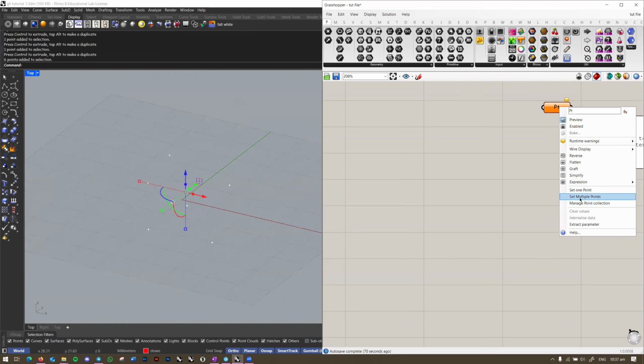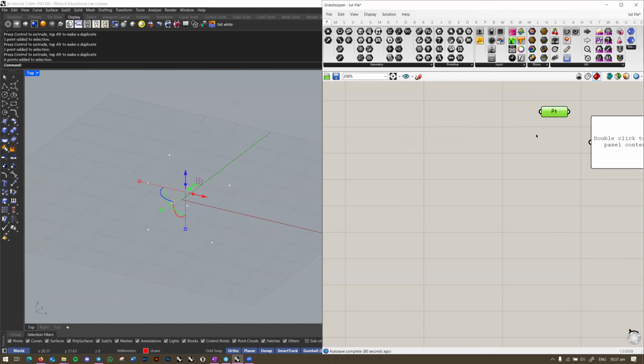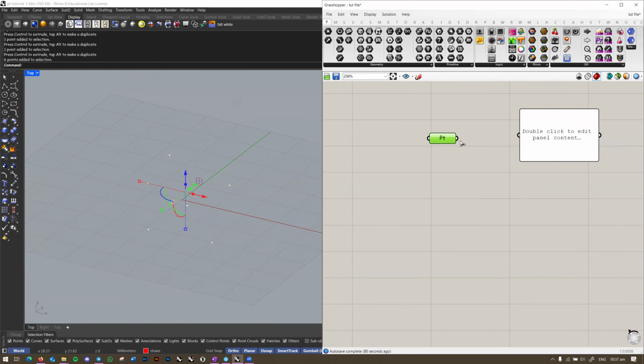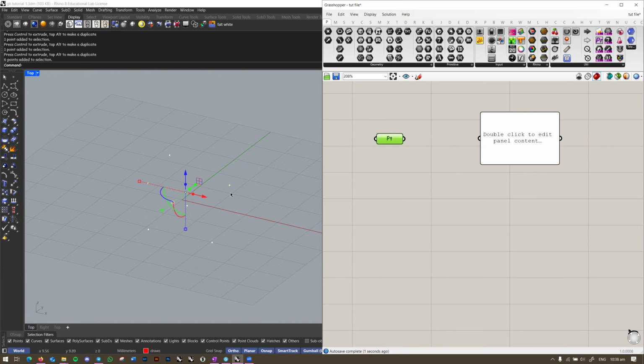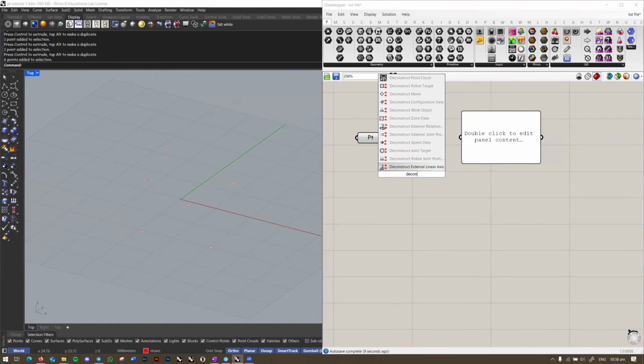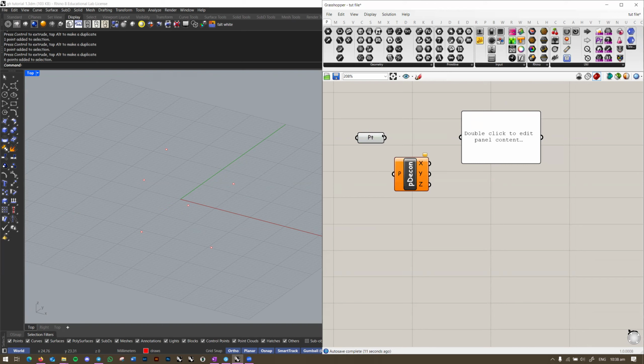If I reference them into here, Set Multiple Points, now I have 6 points referenced right here, right? But this is where it gets a bit more important to understand. So for example, let me deconstruct these points. For example,